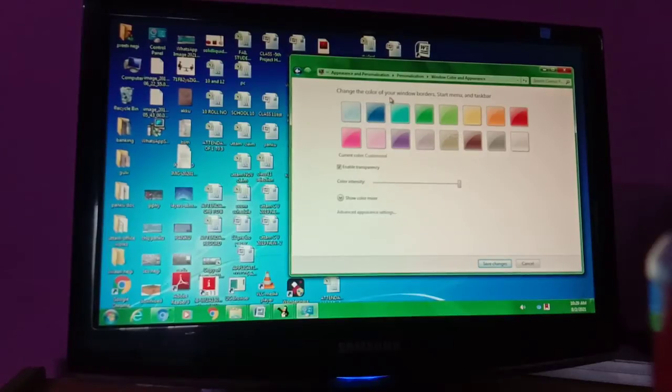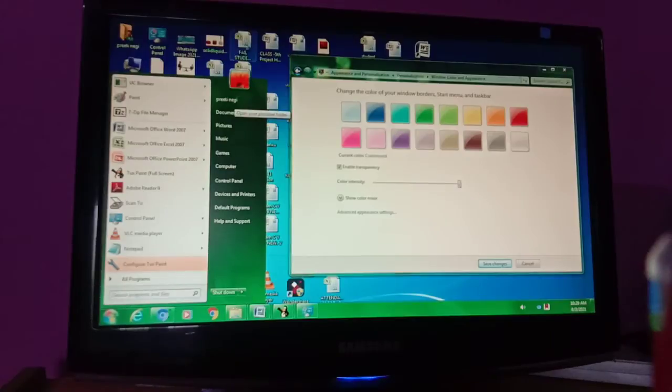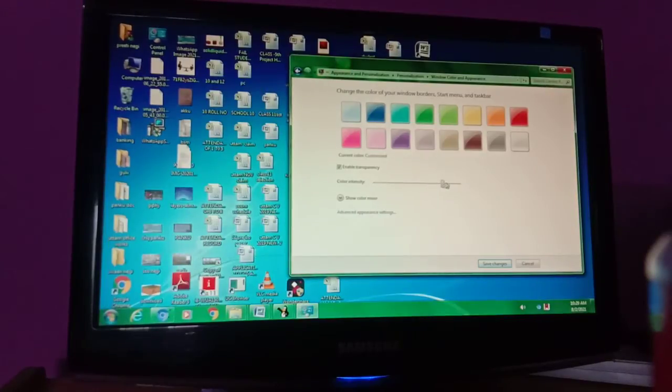You change the color of your window border, start menu and the taskbar. The taskbar color will also change, and if you are able to see, your start menu color has also changed. The color of the start menu, the taskbar and the border of the window. This is the window, and this window color is changed. The border can be made darker and lighter with the help of this color intensity.